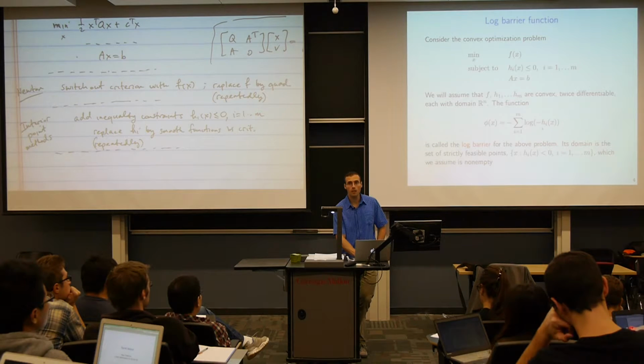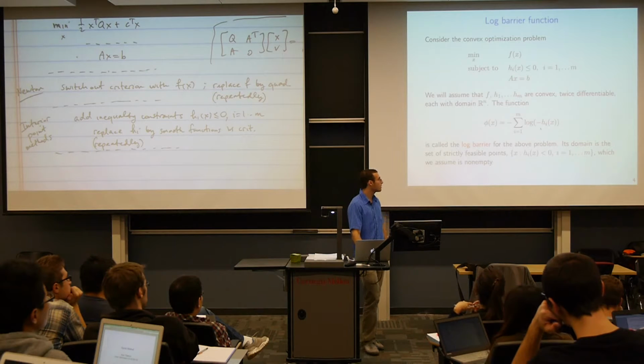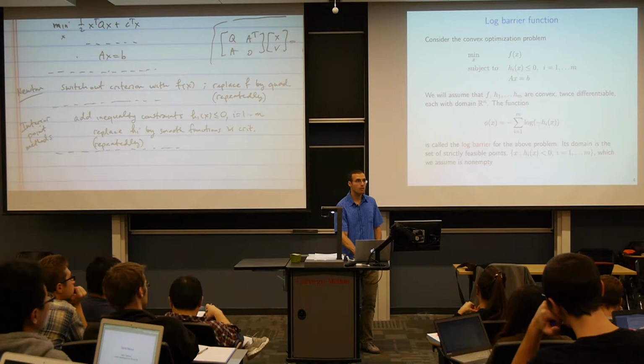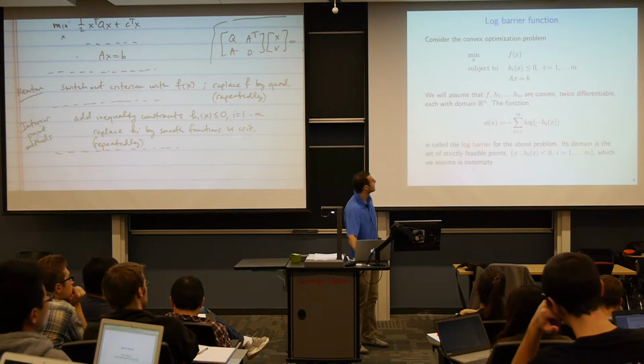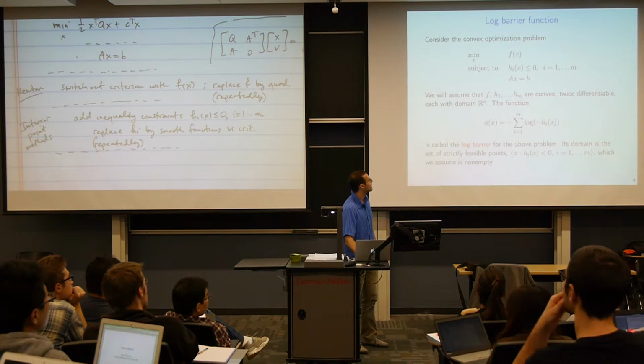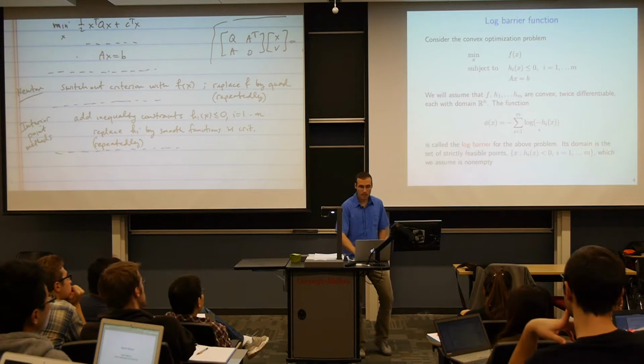Okay, so the minus signs may look a bit startling, but it's easy to remember whether they should be there. Log cannot be evaluated at a negative argument, right? That would not make any sense. And the constraint is that h_i of x is less than or equal to 0, so we have to place a minus i in here. And we're going to want to place a penalty on points x that don't achieve